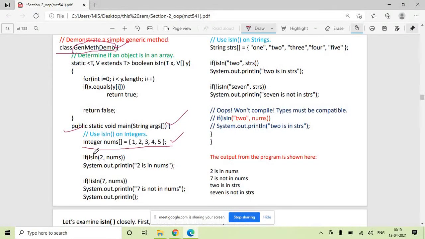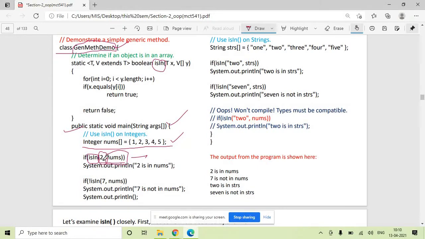Now isIn is a function name. We are passing two arguments to this isIn function. The first argument is the integer element that we want to search, and the second argument is the array in which we want to search. So in this line we are trying to search whether the element 2 is present in the array nums.